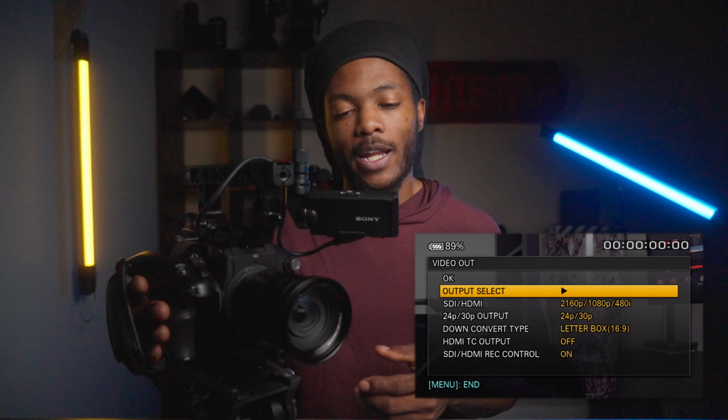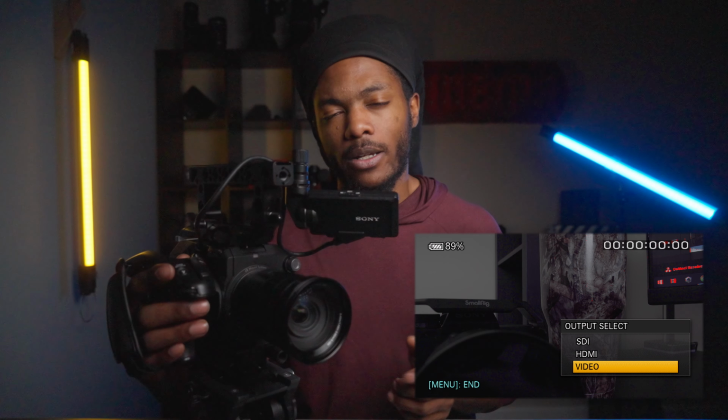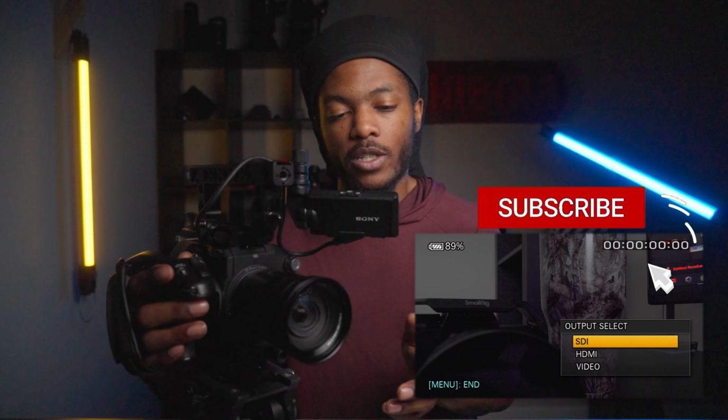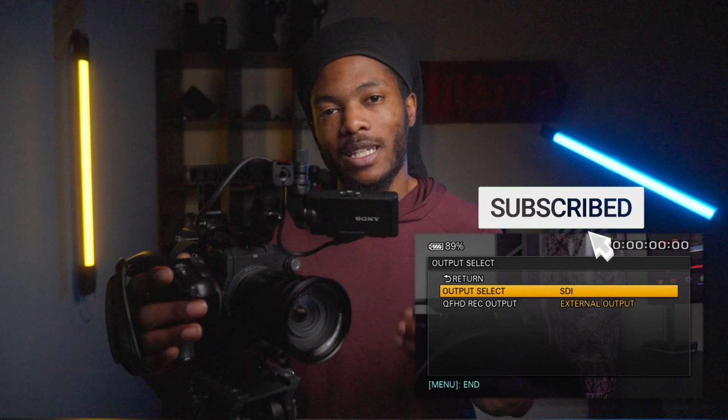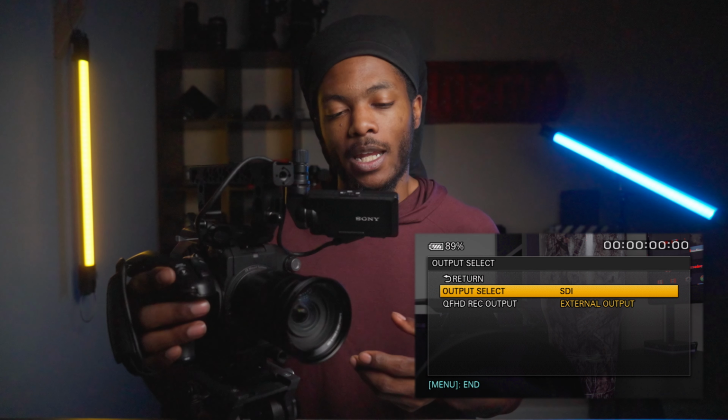So when you click on output select, you have SDI, HDMI, and also video. Now I don't really know what video is, I haven't messed with that one much, but SDI and HDMI are going to be the most common nowadays, so make sure you are selecting which one you are using. Majority, I am using the Ninja V with the SDI module, so I will be recording in a video out